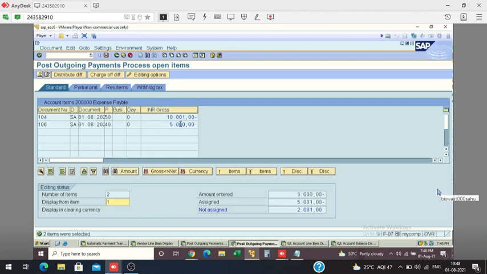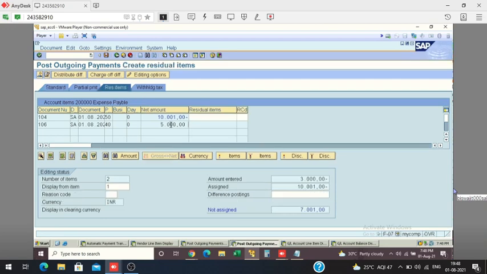So I have to deactivate this one because this is the payment item. Okay, and now go to residual item, select this. Now 2,000 I have to pay once again. Double click on this, I have to pay the 2,001. It is showing more, so I have to go here 2,001 or 3,000.